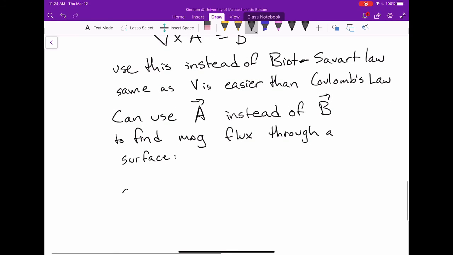Remember that the magnetic flux through a surface is the surface integral of B dot ds. But if you use